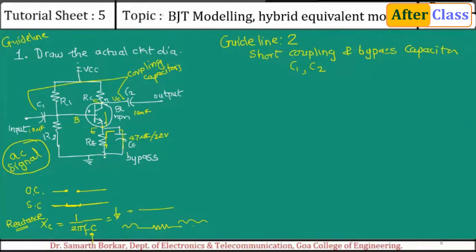Remember, current always passes through the path which offers the least resistance. Say there are two roads. One road is very smooth, no curves, straight, and there's another route wherein there are speed breakers and potholes in between. Definitely you will prefer the first road, isn't it? Likewise, the current will always follow the path which offers less resistance. So there won't be any point in having any signal here. The entire current will be passing through this capacitor, so there won't be any voltage dropped here.